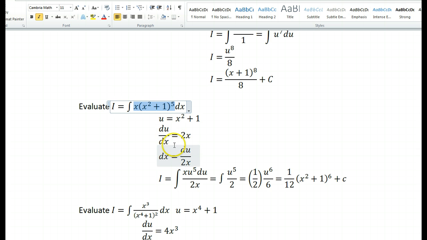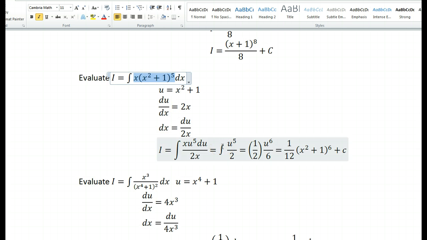So dx is equal to what? To cross multiply, dx is equal to du over 2x. Now we are ready to plug things back. So what we do is we take this dx and we plug it up here. So when we plug it up here, okay, what do we get? We get integral I is equal to